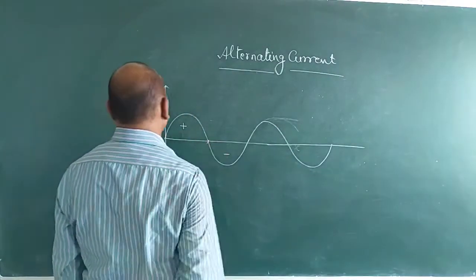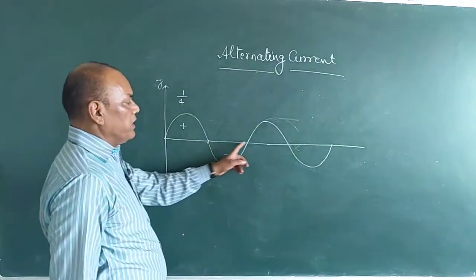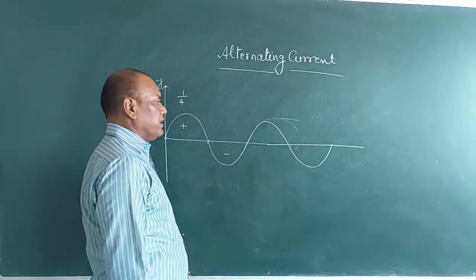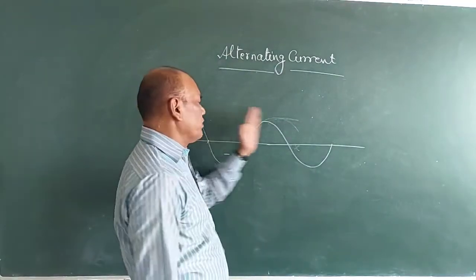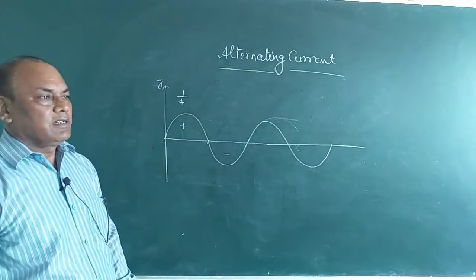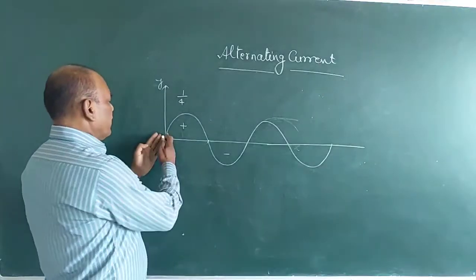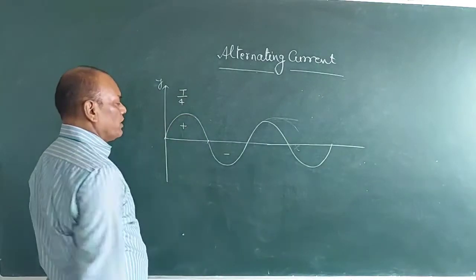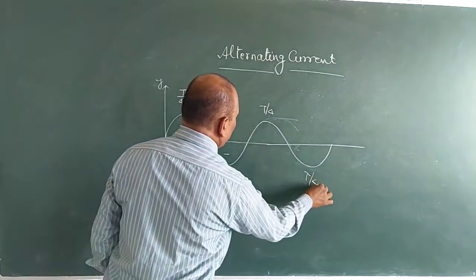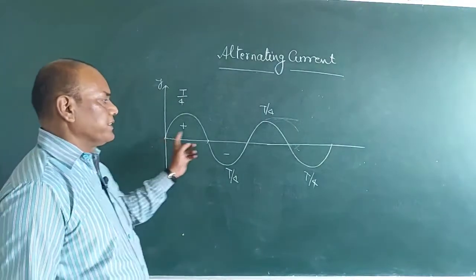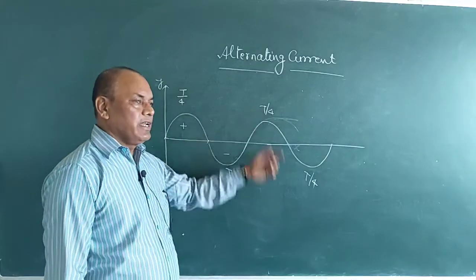from here to here, this is 1/4 rotation. From here to here, again 1/4 rotation, this 1/4 rotation and this 1/4 rotation. So from here to here, it completes one rotation. If from here to here the time period is capital T, then from here to here it will be T by 4. Similarly, T by 4, T by 4 and T by 4. If we discuss one complete rotation, then the time period is taken as capital T.